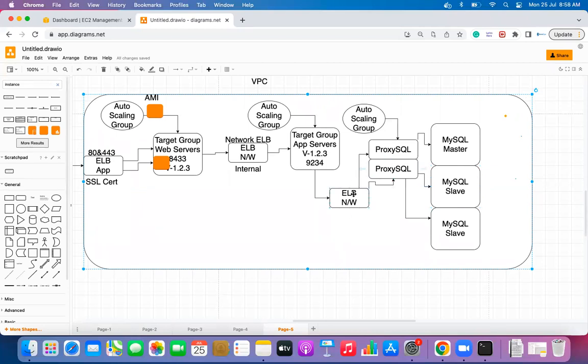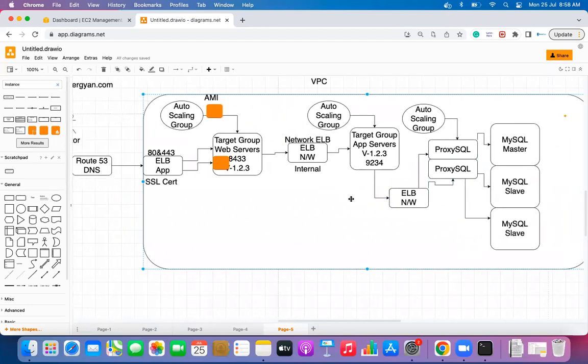And guys, one more thing. So far we have 3 load balancers. This load balancer is public facing. This is the application load balancer. We have a network load balancer. This is internal. Once again, we have another load balancer, which is internal and used for proxy SQL. Now there could be a question: why have we put these proxy SQL servers inside an auto scaling group,